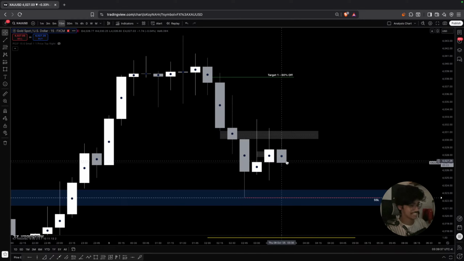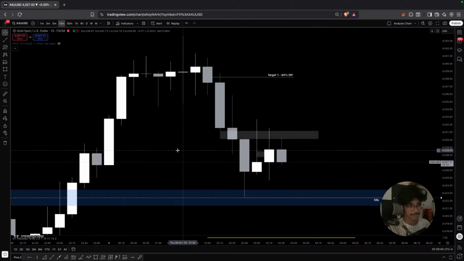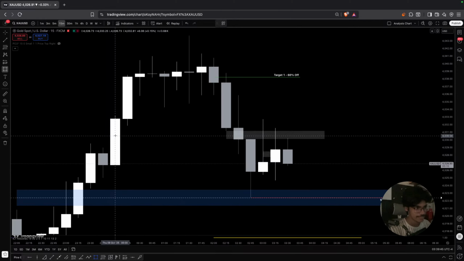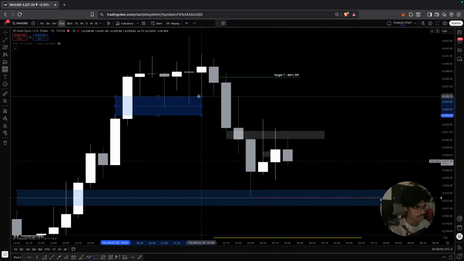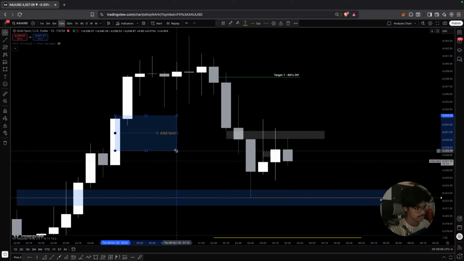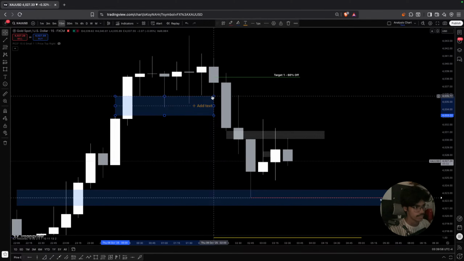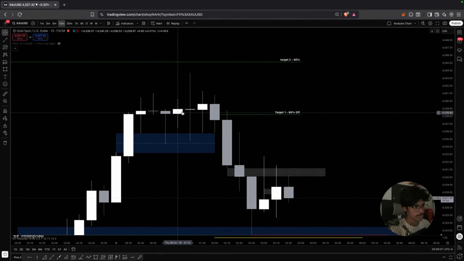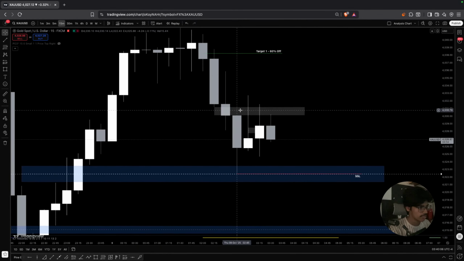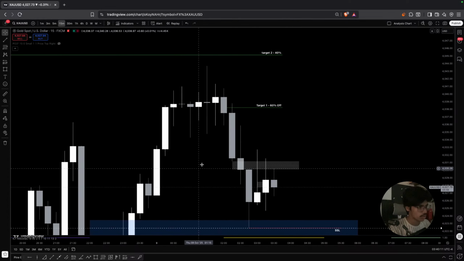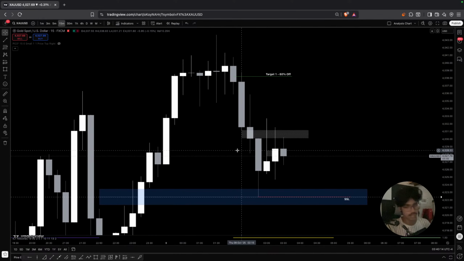Some person is asking me to explain fair value gap. It's very easy. Fair value gap is a three candle structure. This is the first candle, second candle, third candle. The high of the first candle and the low of the second candle, that is what you see as a fair value gap. This actually acts like a support to the price. In simple terms, that's a fair value gap. It can be from the downside as well. This particular one is a bearish fair value gap. And when the candle closes beyond this point, that is when it becomes an inversion of fair value gap. That's it.